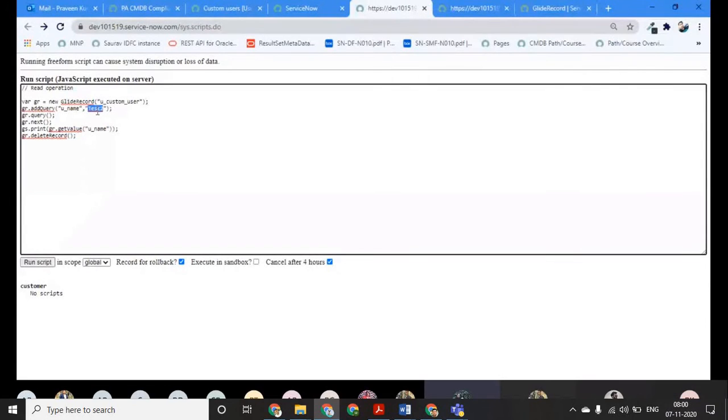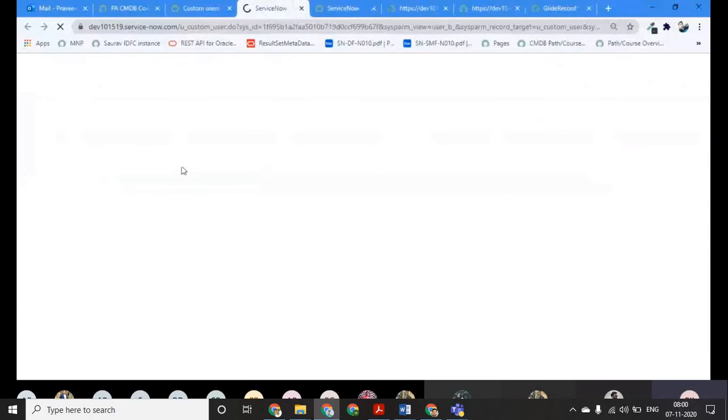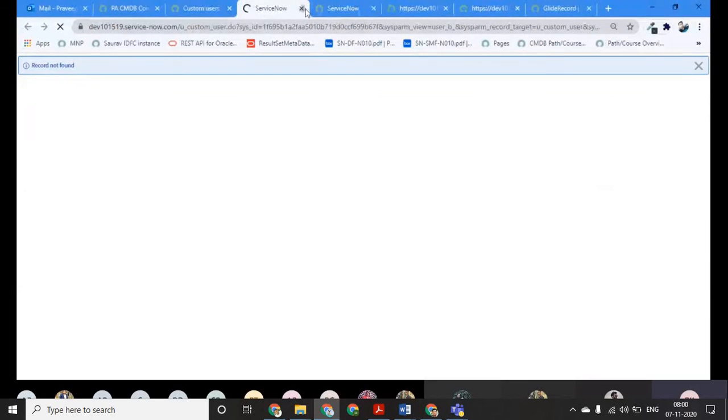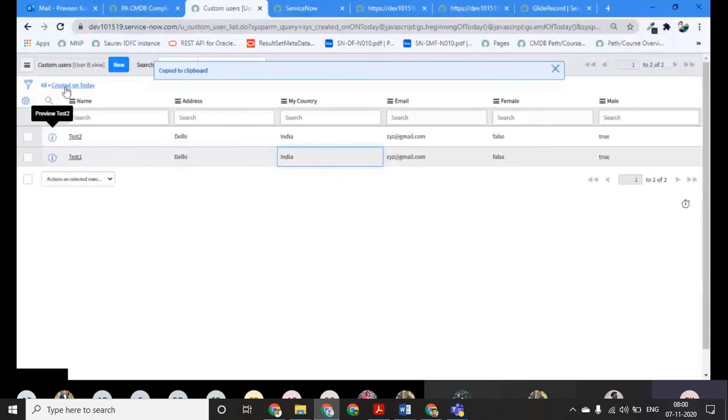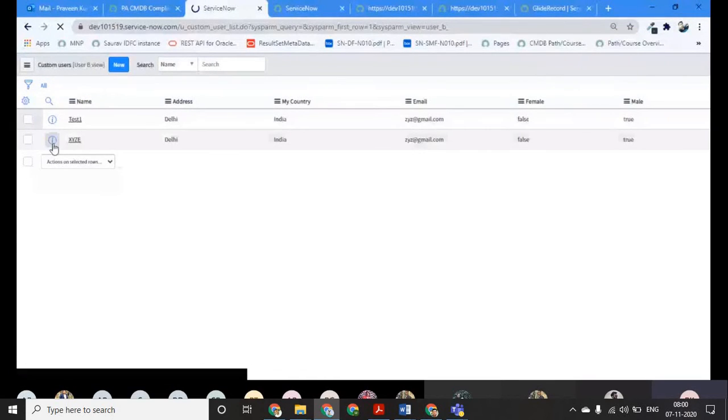Praveen asks: if you want to update multiple records in that table, how can we do it? For that we have a method, update multiple. You can experiment with it yourself. For example, if I have 5 records and I want to update a particular field, let's consider a description field, with the same value in all of those 5 records. Oh, it is not refreshed. Let me refresh it. We should have 2 records only here now.